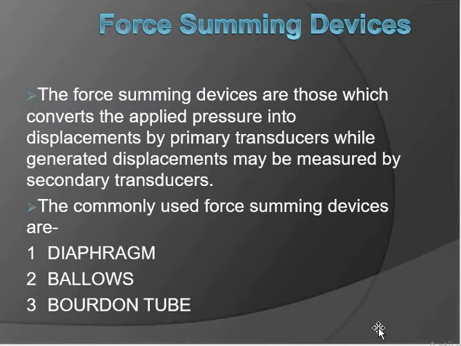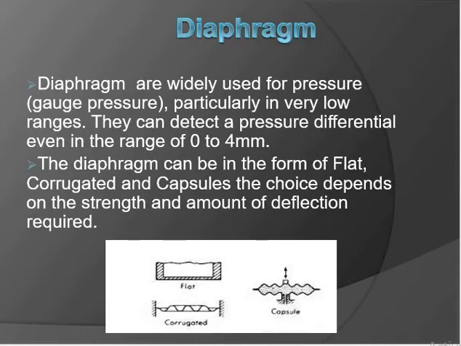The second one is bellows. We can see bellows when we pass the road, where blacksmiths use them. And the Bourdon tube: one tube will be there, and it will expand and contract. That is called the Bourdon tube. So we use different elements to measure pressure. Here I showed clearly a flat diaphragm, and bellows also. Generally we use the diaphragm in a pressure gauge.